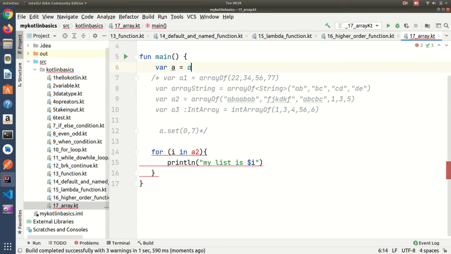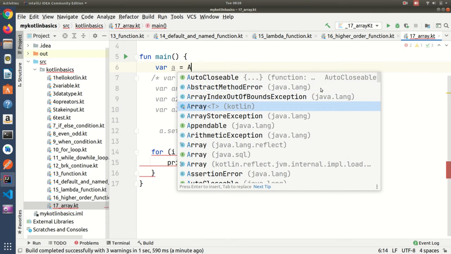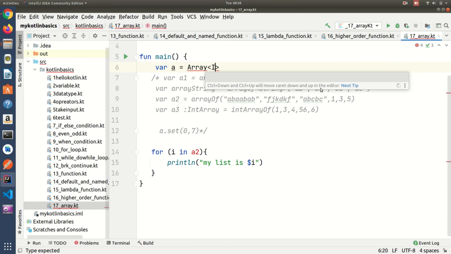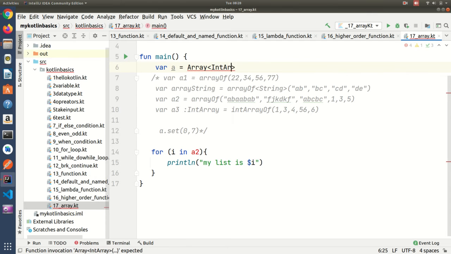For that, what we can do here is take one array. In the array, what is the type? Integer, int, and the size I am going to take is 5, and its values will be 0.